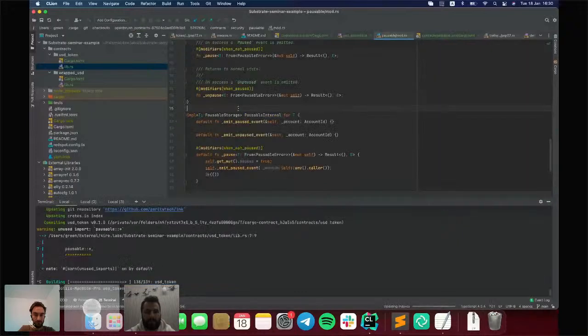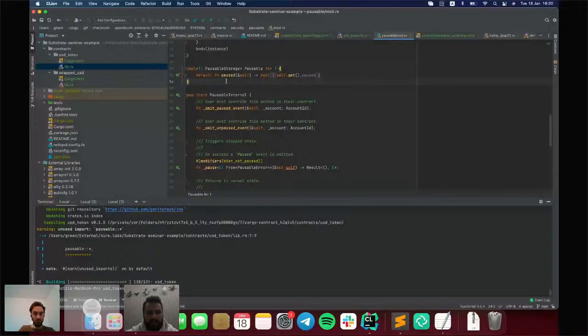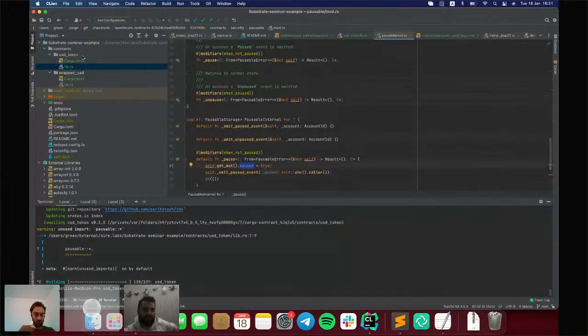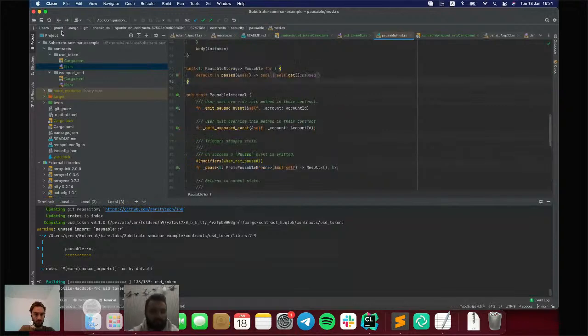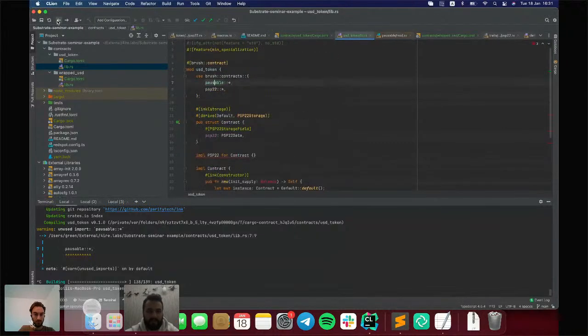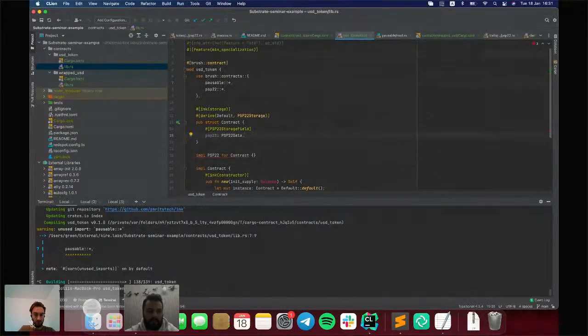Okay, Pausable provides one public method, whether the contract is paused or not, but it also provides two internal functions that allow you to pause or unpause a contract. And in terms of the current example, we want to be able to pause transfers of PSP22.